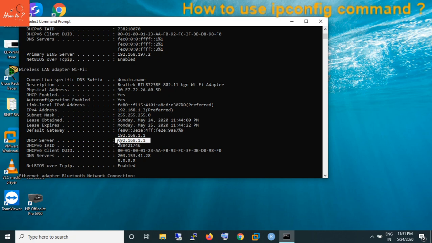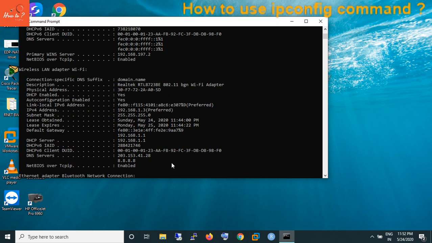In my case, DHCP server IP and the default gateway IP are the same, because this IP belongs to my router, which is working as a router as well as a DHCP server. Along with this, we get information about the DNS server. So this is the basic difference between ipconfig and ipconfig with the all switch.